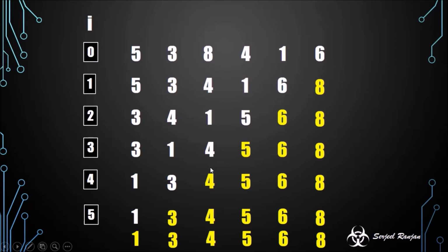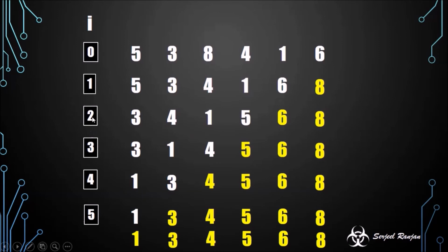One thing you have observed is every time I send a window to traverse the array, I am making it travel throughout the whole array, which is not required at all. For example, if it traverses from here, 4, 5, 6, and 8 are by default in correct order. So why do I need to go over those elements again? Because I know already that they are sorted. So how can we achieve this?